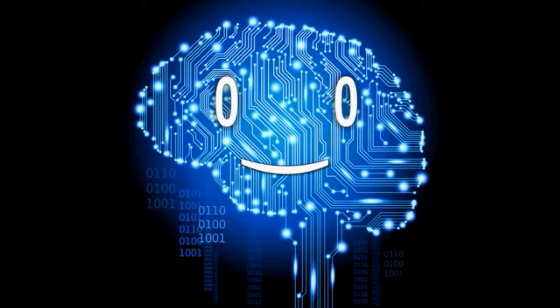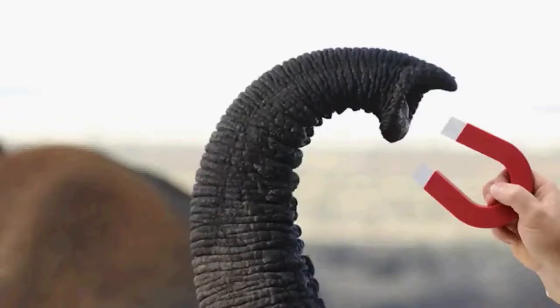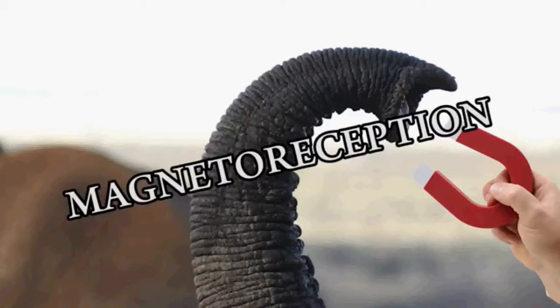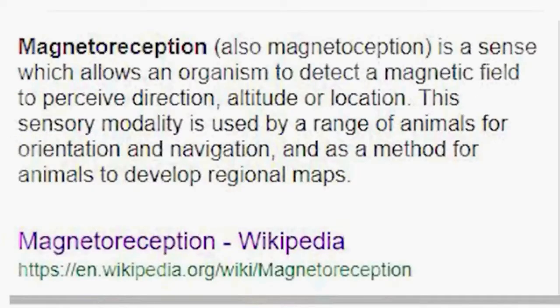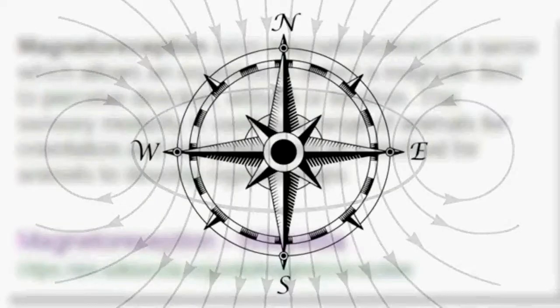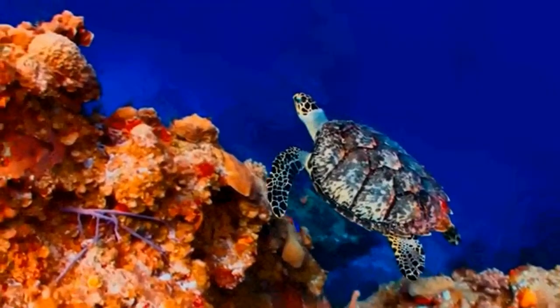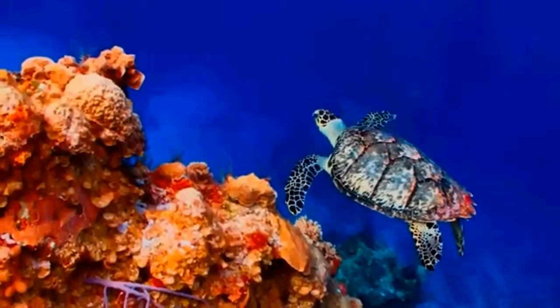But do you know what can be cooler than eating light? Being able to smell magnets. That's exactly what magnetoreception is. The ability of feeling the magnetic field's lines, direction and intensity, knowing where the poles and the equator are, is used by a range of animals for navigation and migration.